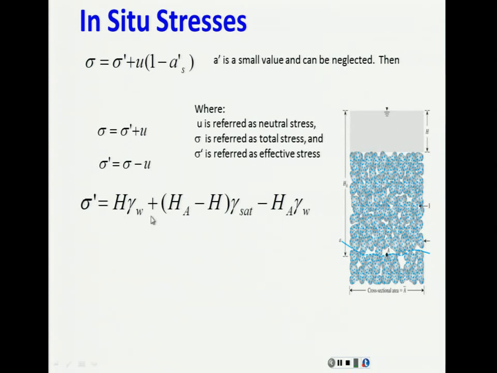That's effective stress. Now when you solve these and group common terms, you can see that you have here H gamma water, you have here H gamma saturated also, and if you remember, gamma water minus gamma saturated, or vice versa, gamma saturated minus gamma water, when you reorganize the equation, what you have basically here is